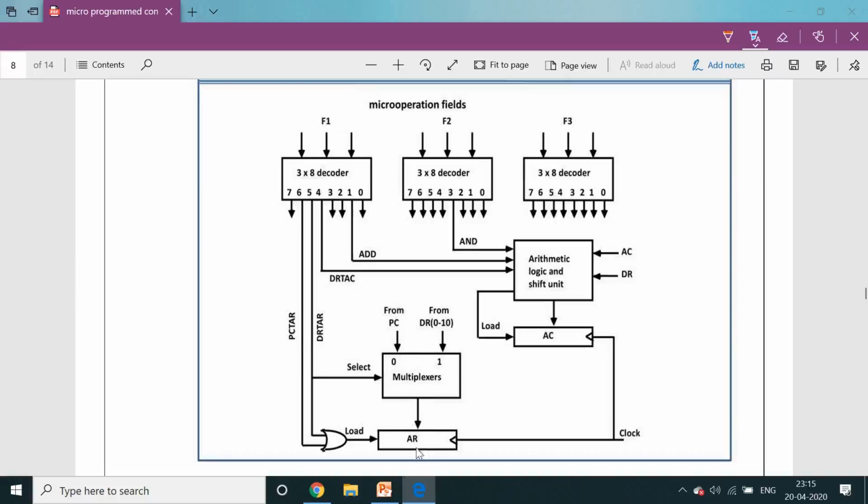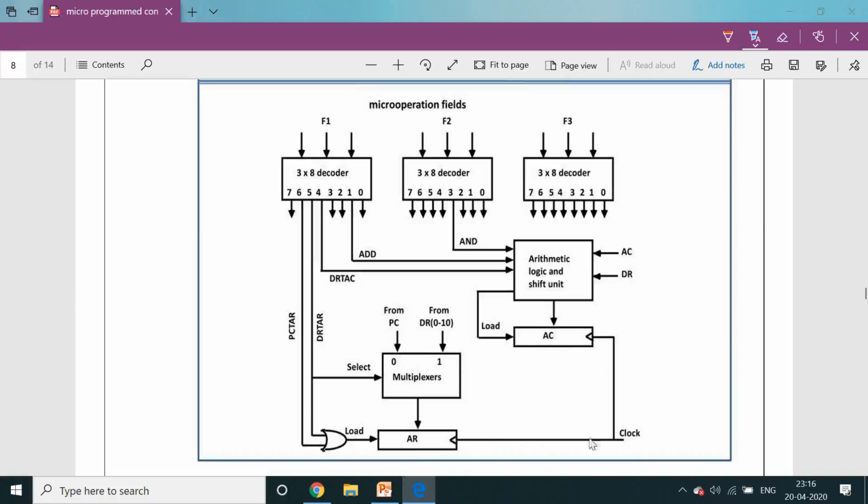Because we are going to perform the operation PC to AR, this is an OR gate. If the PC to AR action is performed, automatically this bus carries logic 1, right? At that time this line carries 0. So this 0 goes to this one, and the output is connected to this one. PC to AR if it carries 0, and DR to AR if it carries 1. Every time, the accumulator and AR register read the information from the ALU to AC or multiplexer to AR.